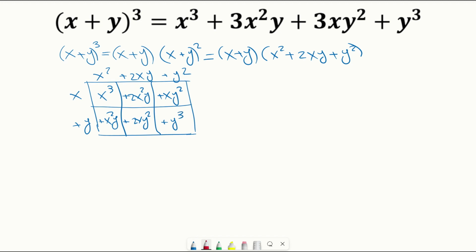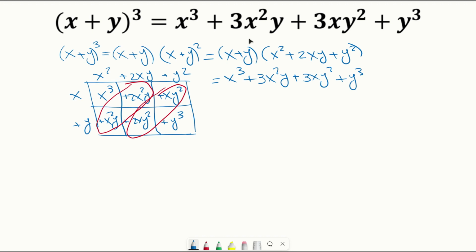So we notice that we have some like terms, those two there and these two here. So if we combine those, we end up with an x cubed plus 3x squared y plus 3xy squared, and then plus y cubed,